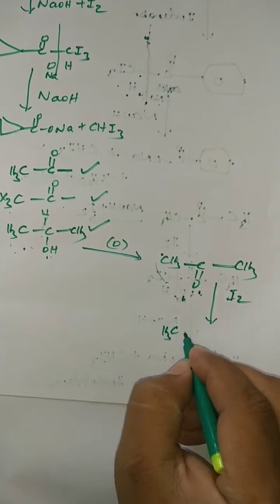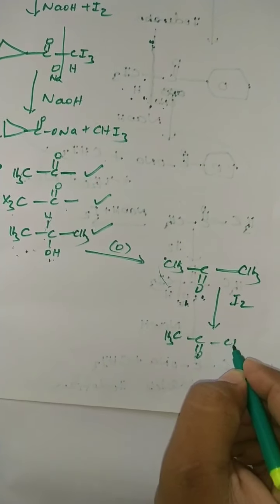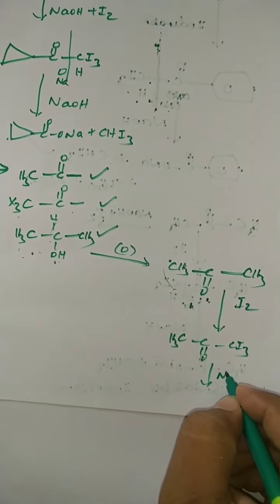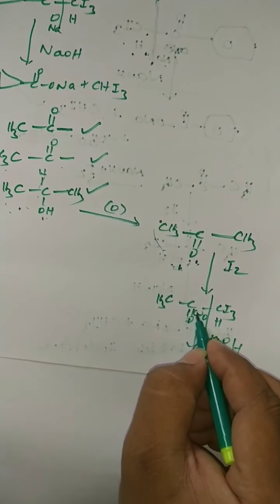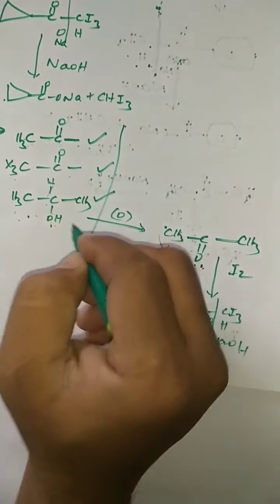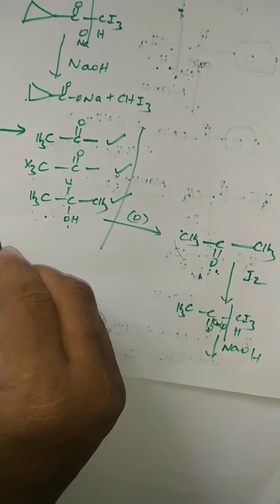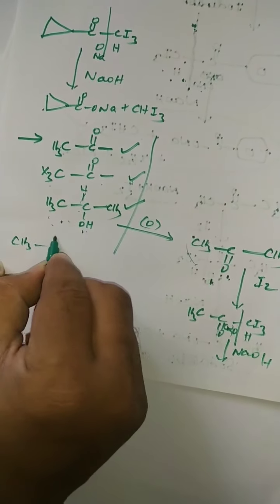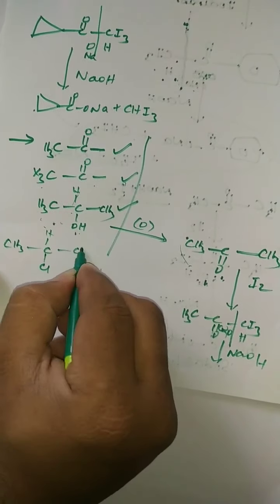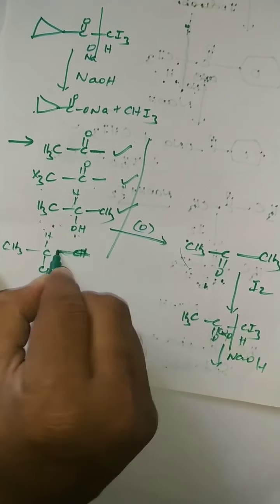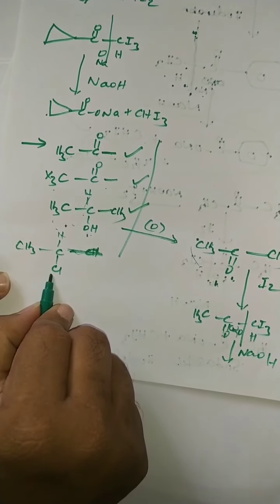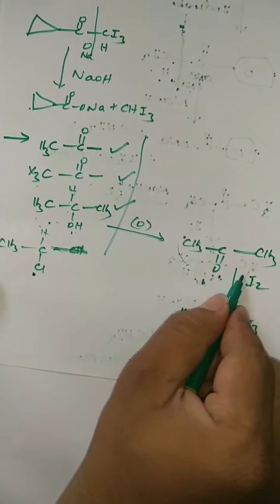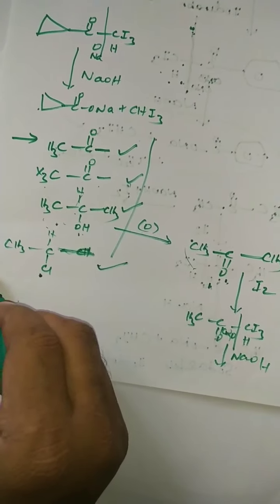So CH3C=OCI3, then the same technique, NaOH as before, this side H, this side ONa, like that. So this fragment is important, and at the same time CH3CHCl, because we are using aqueous medium. This type of fragment, because CHCl is replaced by OH, and CHOH undergoes oxidation to the carbonyl group. So these fragments.